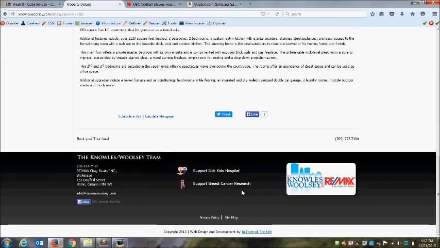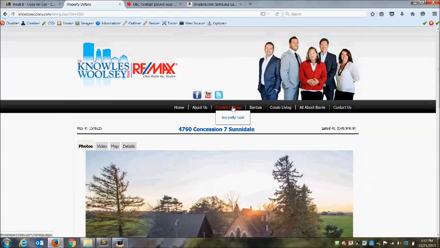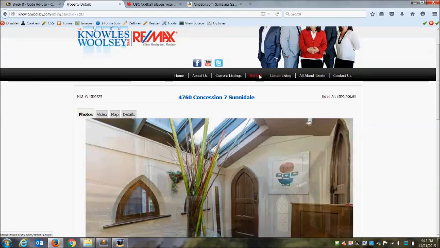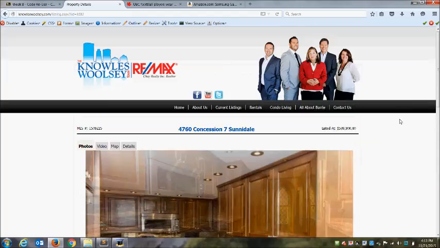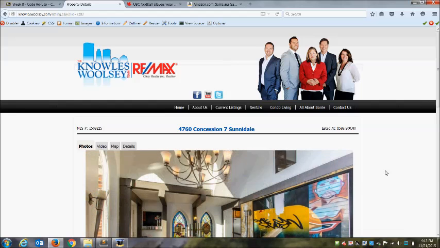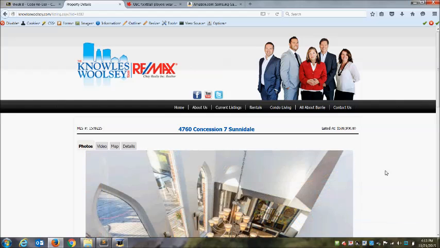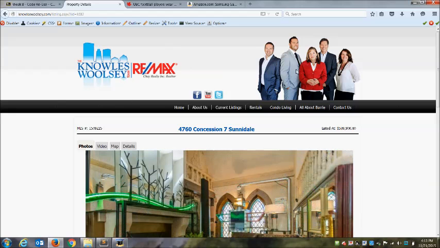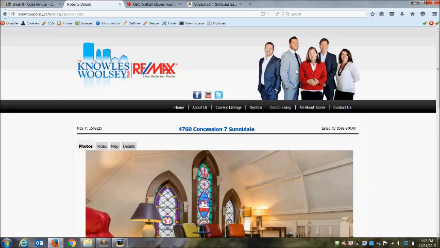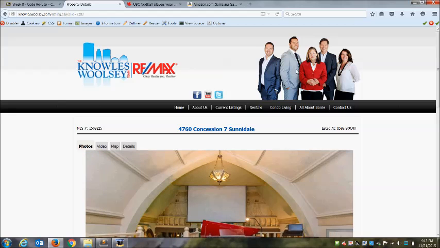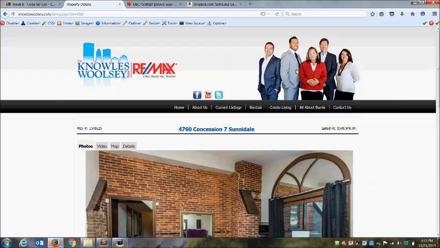So here we have a header file. We have a separate file for our navigation, and these things don't change. We only have one header, one navigation, because they don't change from page to page. On the home page, we have a news module that shows news. We also have featured listings that show certain properties that are for sale. So our header is 1, our nav is 2, news sidebar is 3,